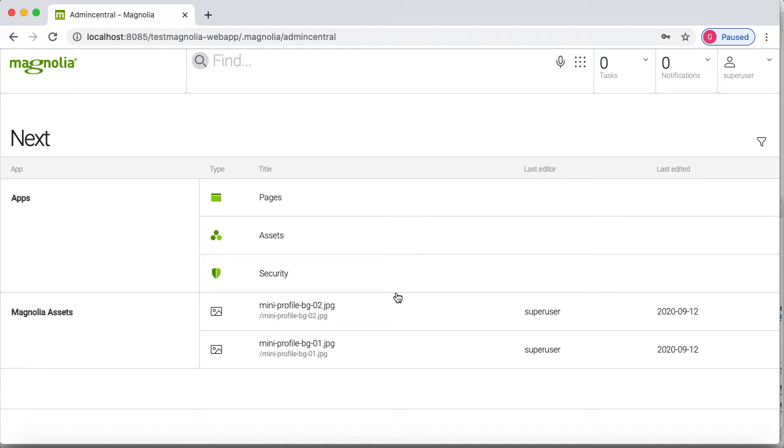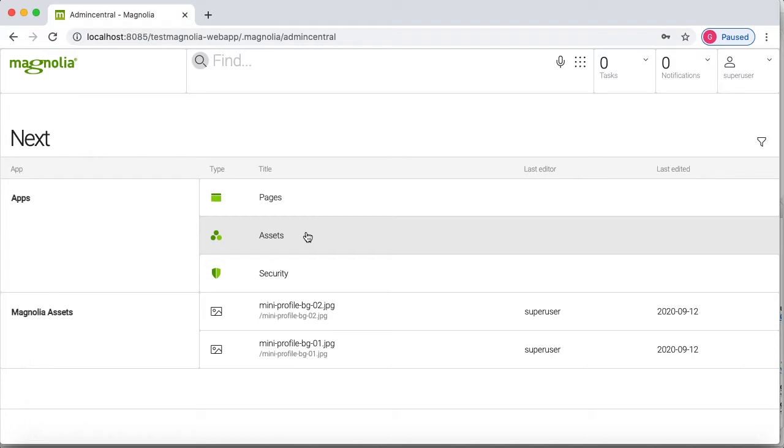So for creation of any content, mainly we have to use these two apps. So I will tell you how we can proceed with that. And apart from this, one information: if you want to create any content, any page inside Magnolia, you have to use this asset. So what is asset? Asset, you can say, is a collection of all the images you have. We can refer to this asset as the collection of all the images.